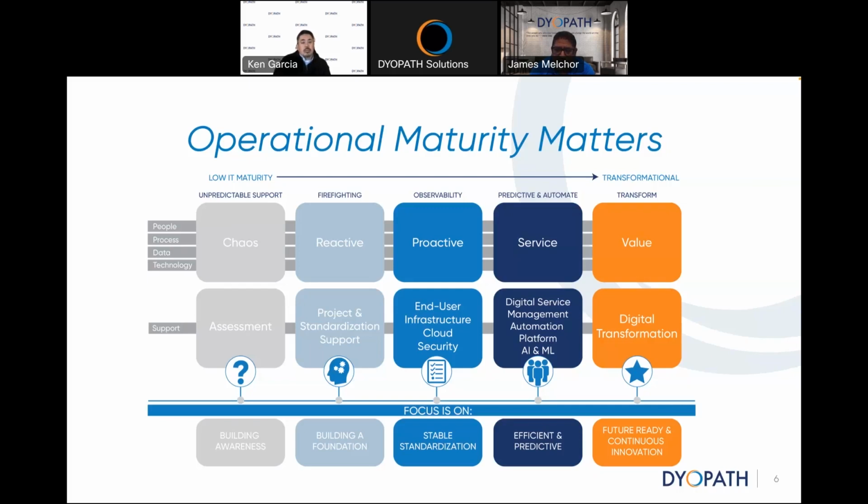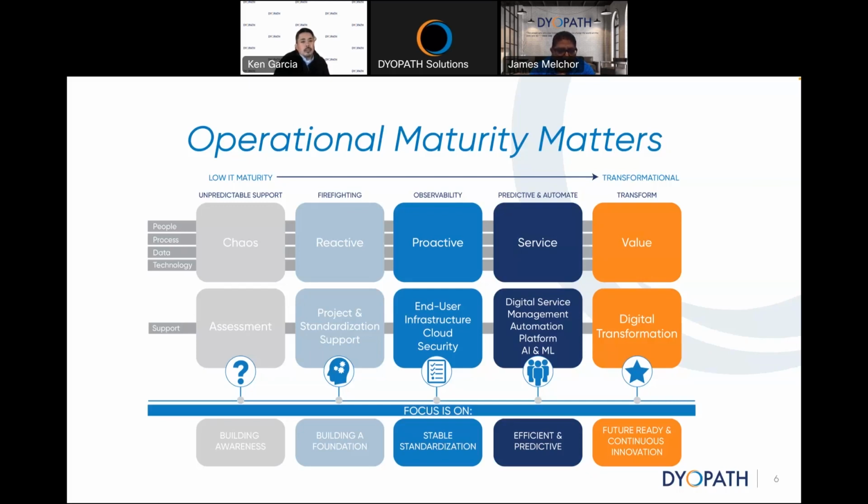So IT maturity comes into play. Is your organization prepared for that? Is your staff prepared for that? Are you ready for this potentially? If you look at a broader organization, not just IT or IT service management, are you ready for that several year journey, where IT service management could be quite a bit smaller or shorter time frame? But from an IT maturity perspective, to touch on that,